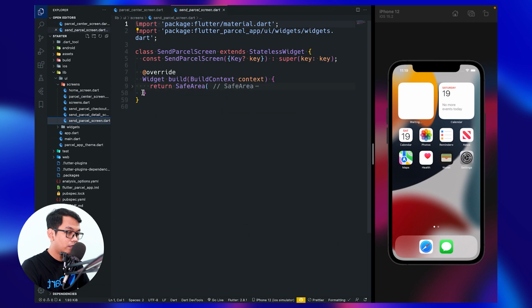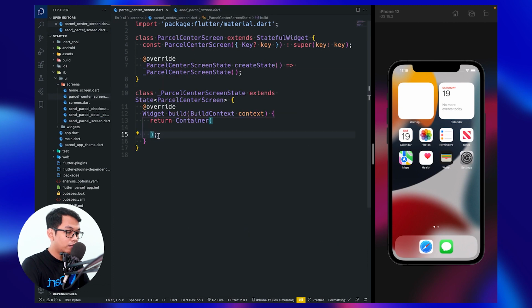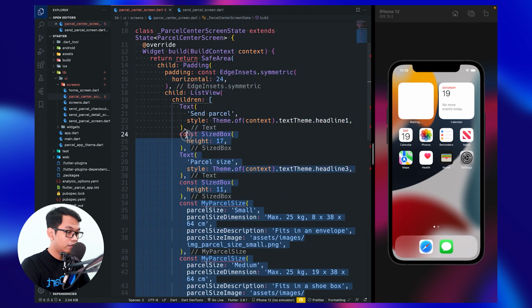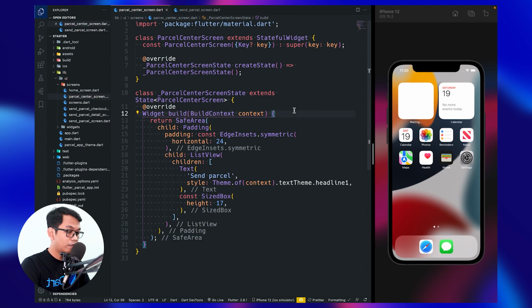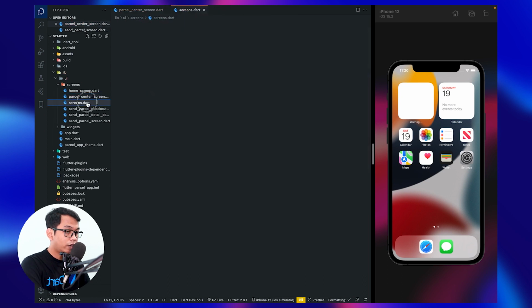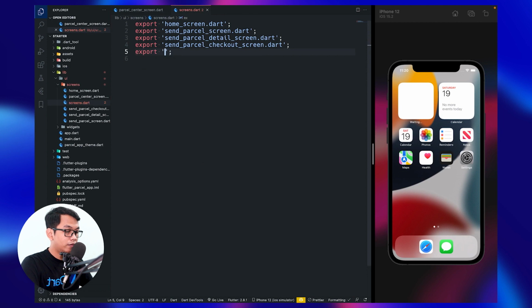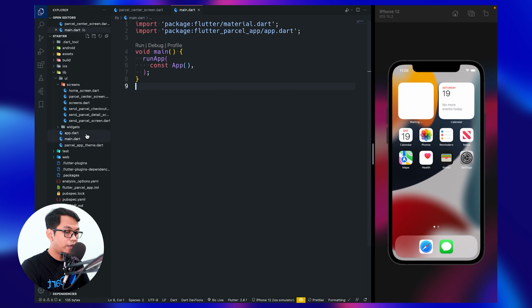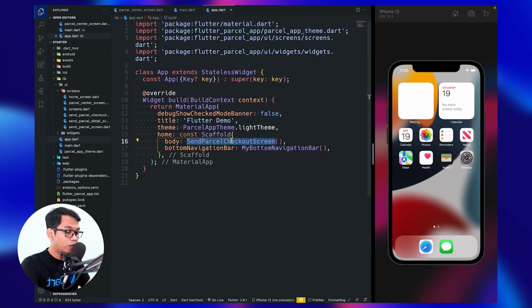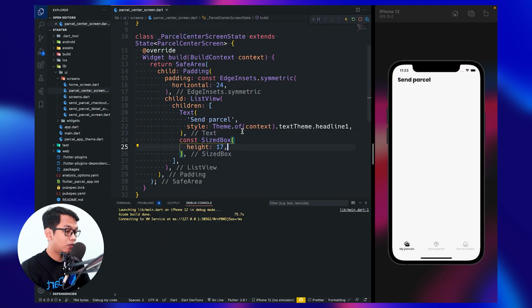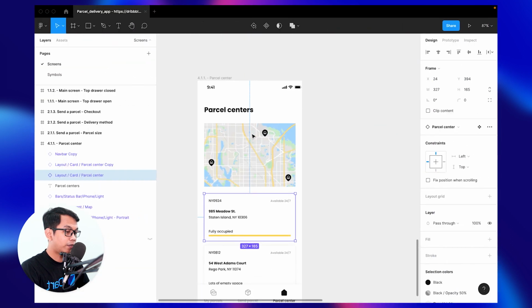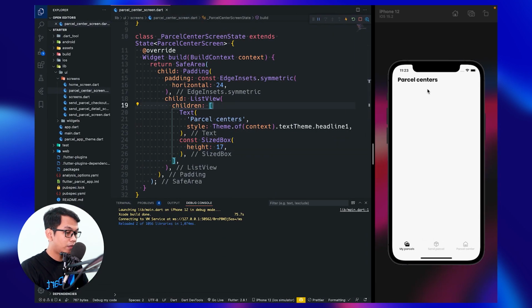We will copy this and replace this one, remove this, and we go to screen.dart and export here, and go to main, go to app, and change this to parcel center, and let's run our app. All right, so it looks like this, but we need to change to parcel center, and now we see parcel center.